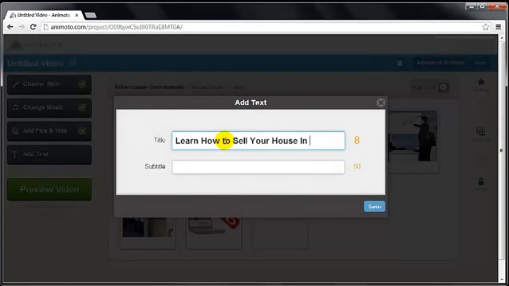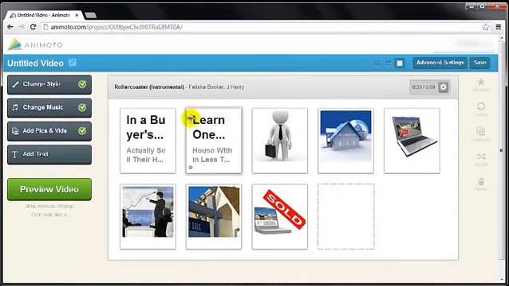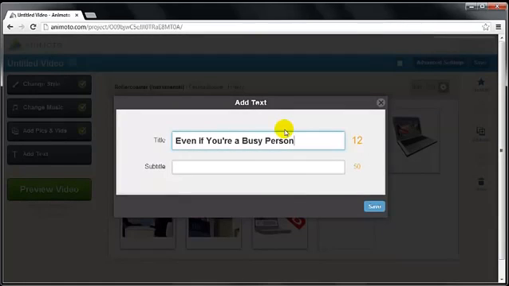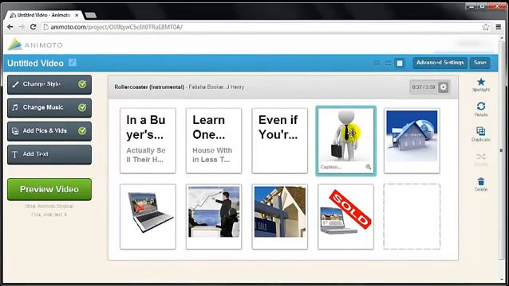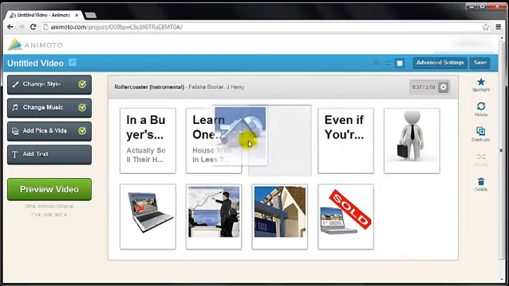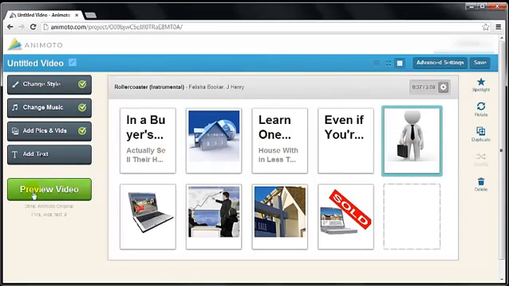And click on add text again. I could say, learn one strategy to sell your house within less than 2 months. Even if you're a busy person, click on save. So kind of, okay, this guy is a busy person. And then maybe I could put this here. And then I could say, okay,